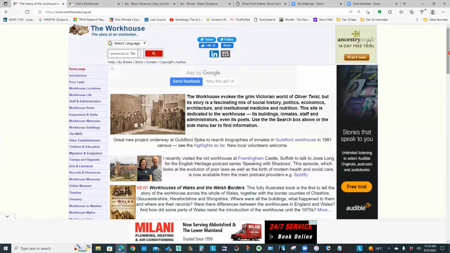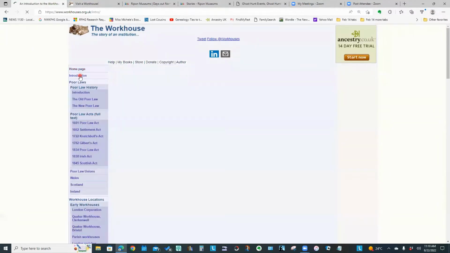So what you want to focus on is the table of contents on the left side of the screen. And the content is going to show up in this middle section. There is a search facility at the top, and I will be showing you how to go directly to the topic you want after we've looked at navigating the table of contents. So right now we're on the home page. If we click on Introduction,